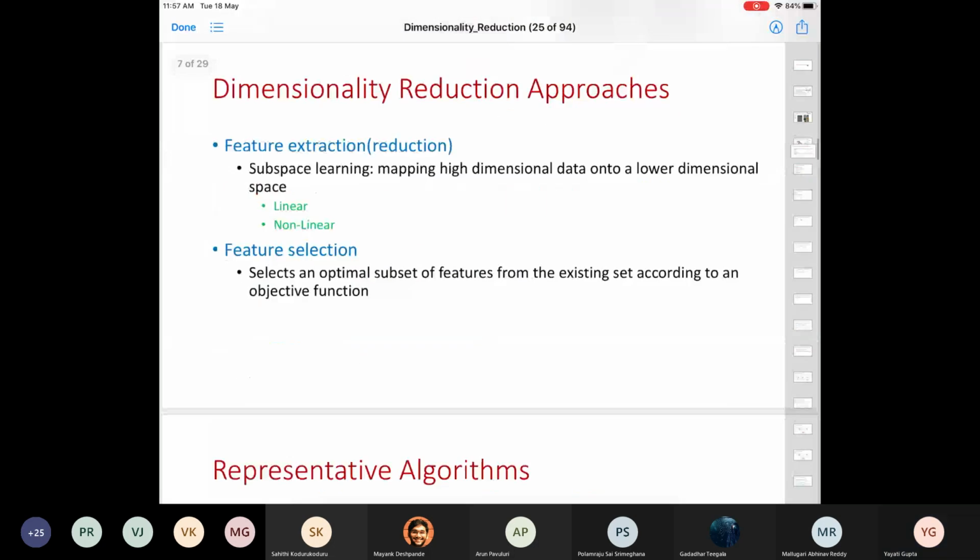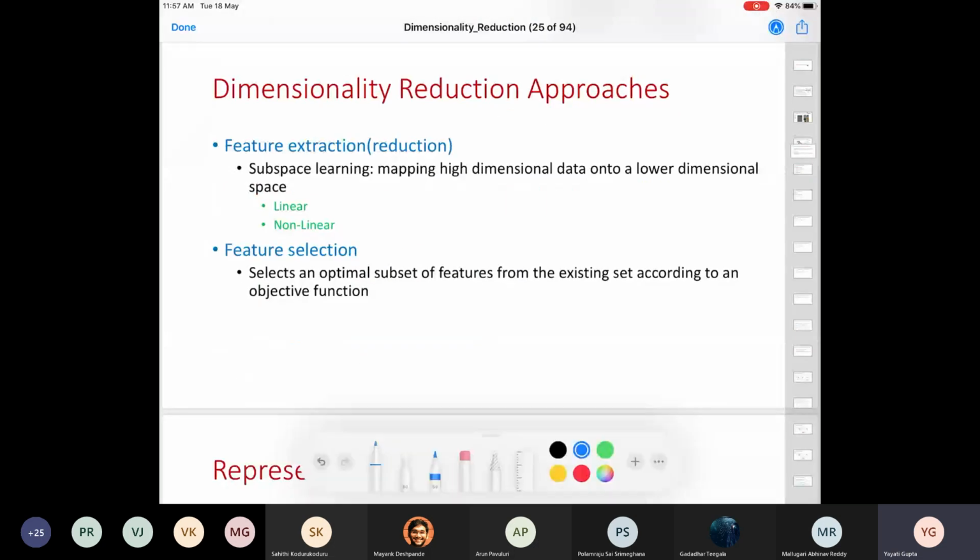Okay, so there are two approaches in which you can reduce dimensionality. One is called feature extraction. This means that you start with some D features, x1, x2 till xd.